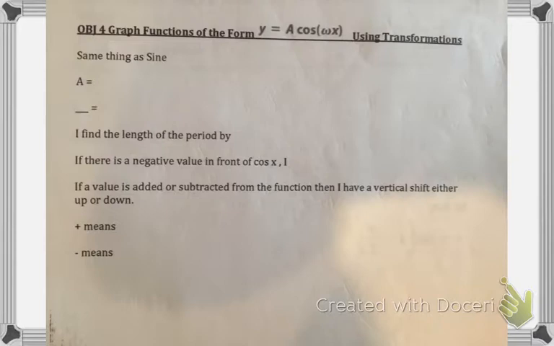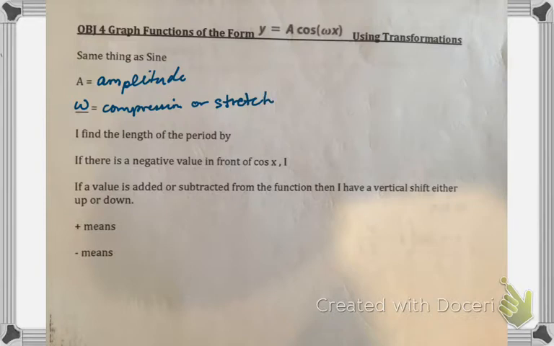Just like sine, A is the amplitude, and omega is that compression or stretch in the horizontal manner. I find the length of the period by T equals 2 pi over omega. So if we have an omega, we're going to have to use that formula. And if there's a negative value in front of cosine, I will reflect